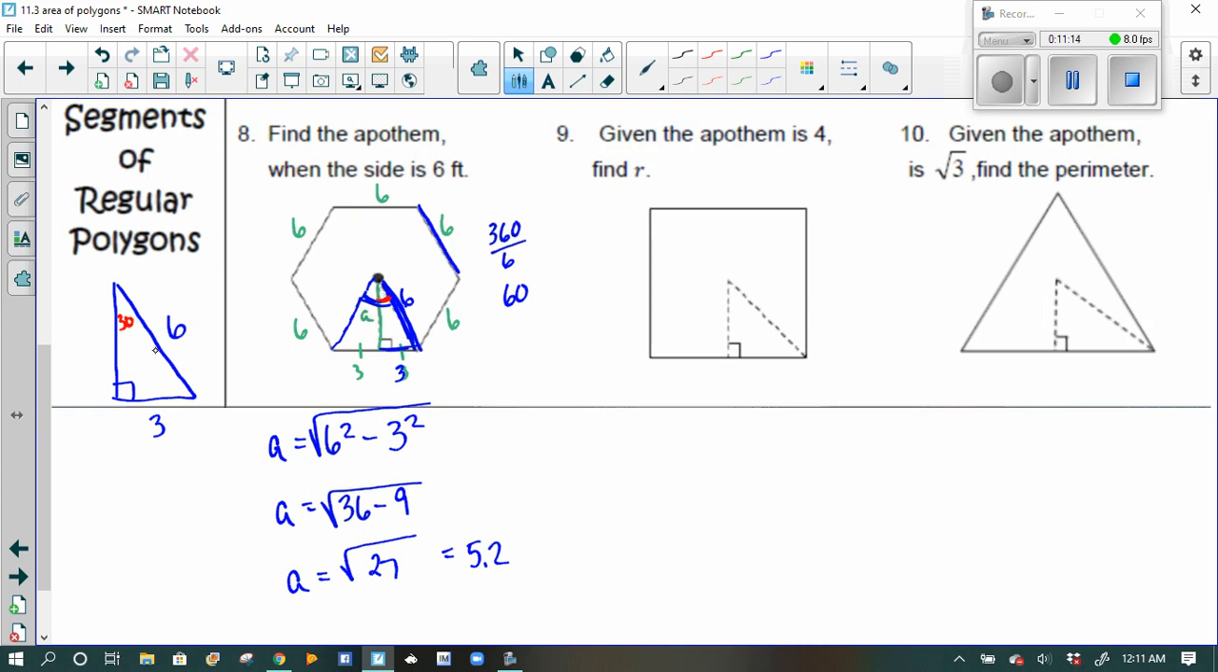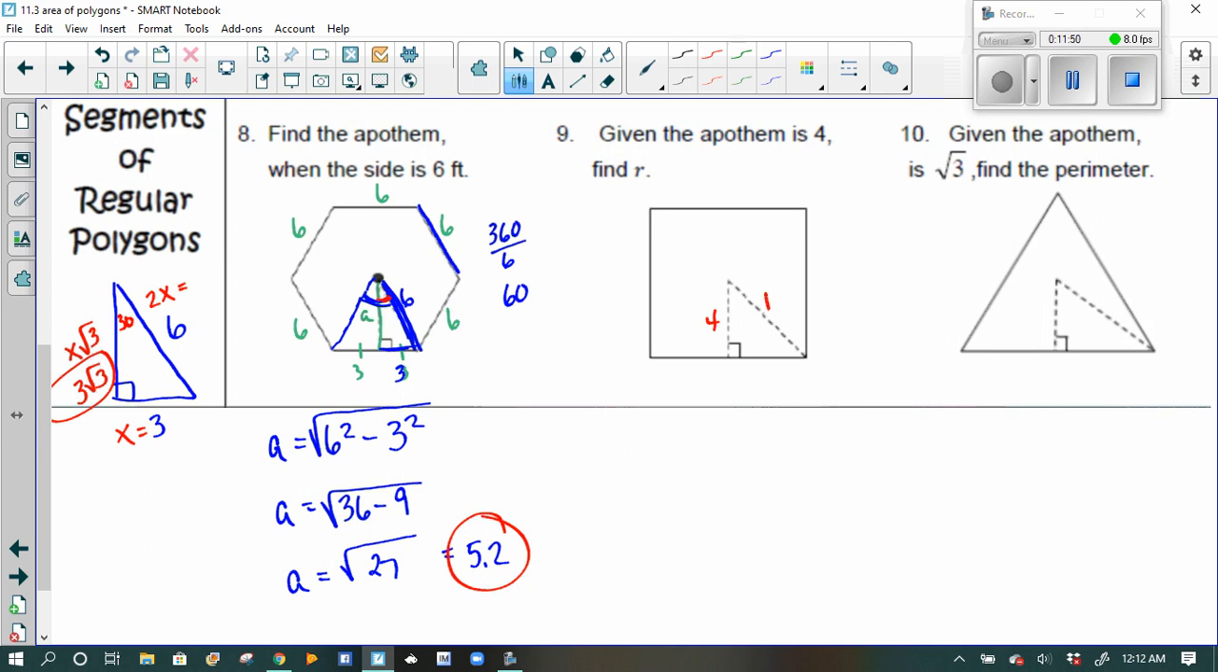So this makes a 30, 60, 90. Well, remember, the short side is x, the hypotenuse is 2x, so this side over here is x square root of 3. So that means if x is 3, then this side is 3 square root of 3. Okay? So 3 square root of 3, if you type in the calculator, is 5.2. So either way, you can do your 30, 60, 90s, which are faster, or you can do Pythagorean theorem, whatever's easier, okay? So now they're telling me, given that the apothem is 4,